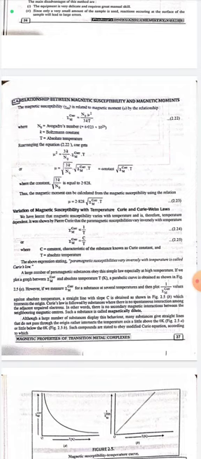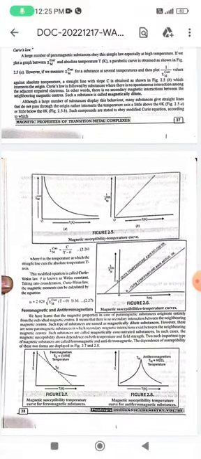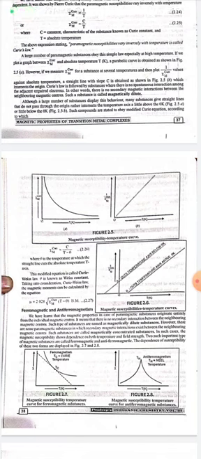Such compounds are stated to obey the modified Curie equation, according to which, figure 2.5 magnetic susceptibility temperature curve, χm = C/(T − θ), where θ is the temperature at which the straight line cuts the absolute temperature T axis. The modified equation is called Curie-Weiss law. Theta is known as Weiss constant. Taking into consideration Curie-Weiss law, the magnetic moment can be obtained by the equation μ = 2.828 √(χm (T − θ)) Bohr magneton.